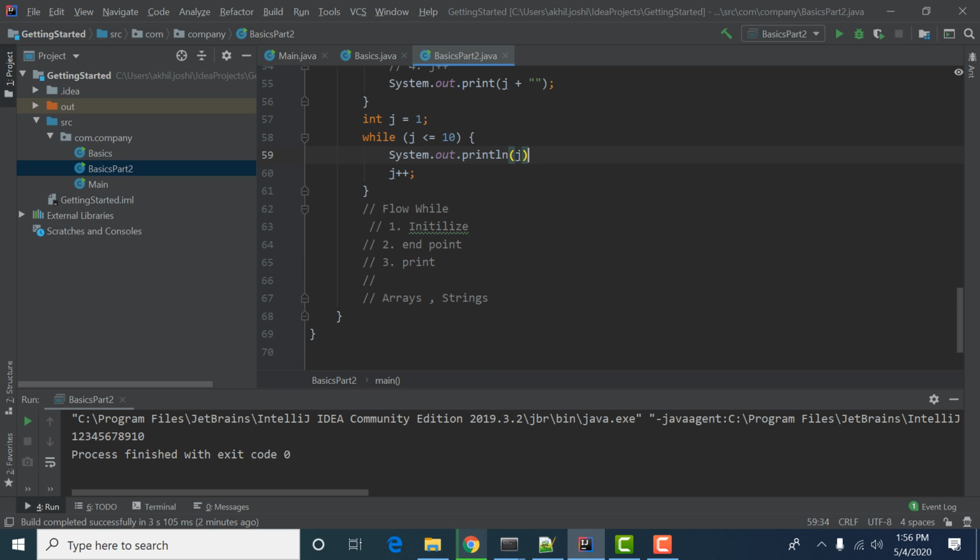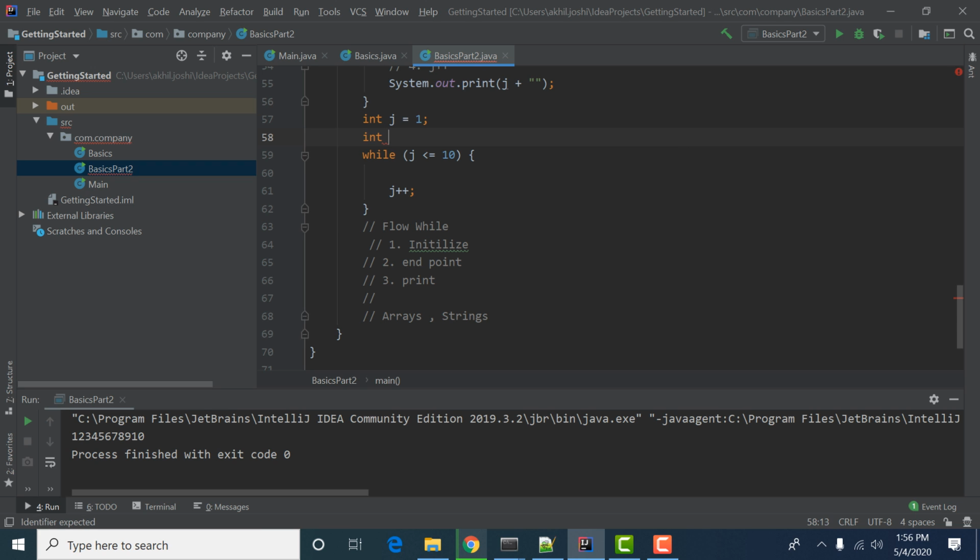Like if you want to add some number, so you will add. If we have another variable int a is equal to 0, so I will say if j is less than, then you can increment the value of a. So this a will increment until this condition breaks.